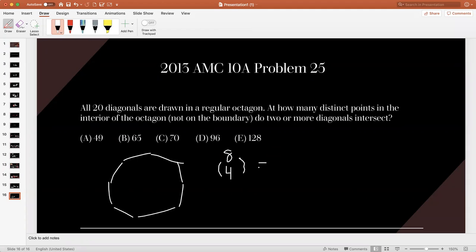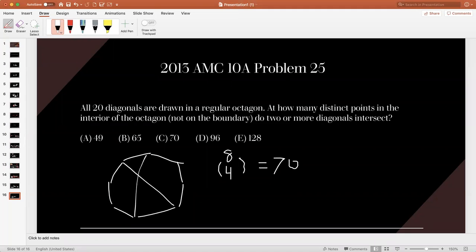We get a number, but then again we have to make sure that some of the lines intersect more than one, so we don't know if we overcounted or undercounted. We overcounted how much? Since this is 70 right here, and then if we draw out some diagonals, just for a quick example,